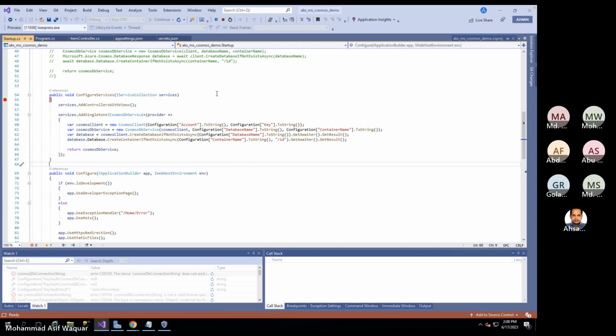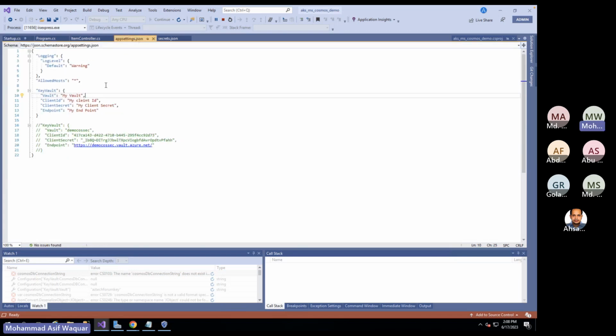Okay. Now what we'll do is check in the code, and later on we will see in DevOps how we can do this. Because we'll check in only the app settings.json, and app settings.json will not have any key vault value. So how will we get the vault client secret and endpoint details to connect to my key vault? That will be another thing, right? So what we can do is,